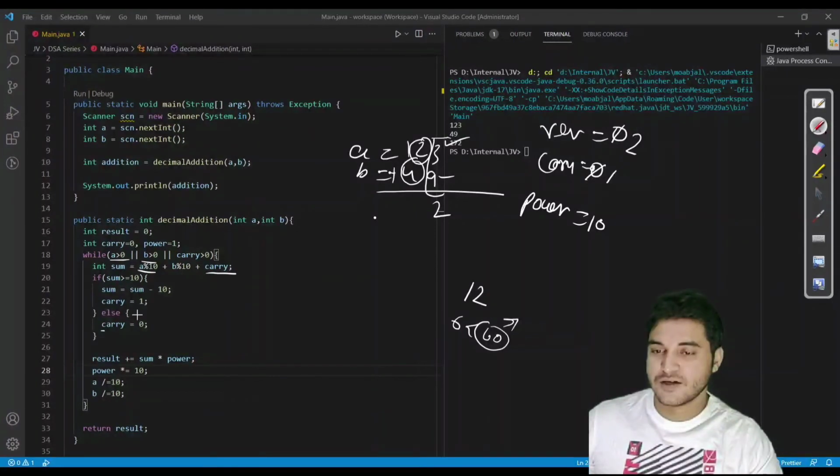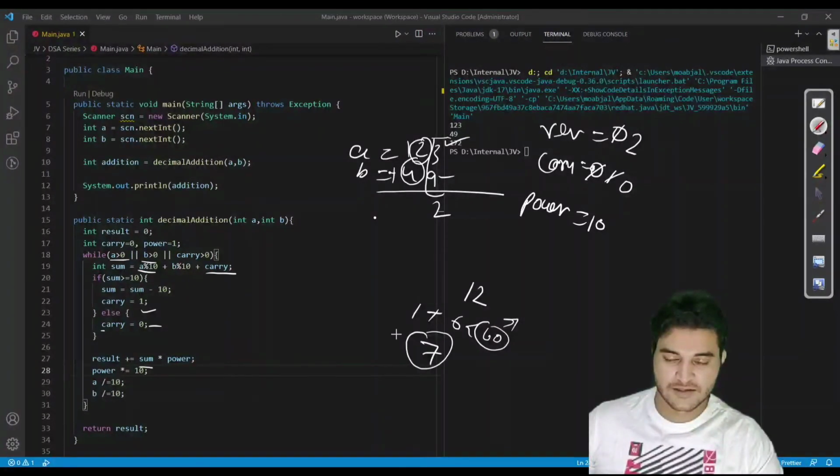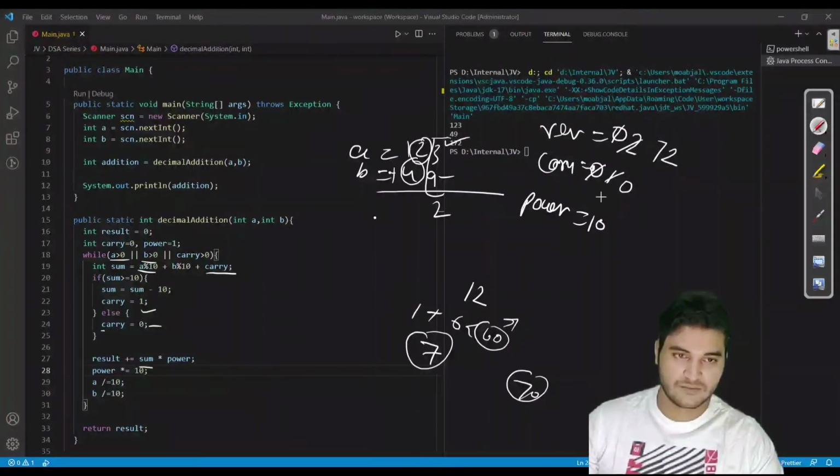So we would enter this condition, we would update the carry as 0, and the sum of these two is 6 plus 1, which is carry, so we would get 7. So 7 into 10, because the power is 10 now, is 70. 70 plus the previous result, which is 2, is now 72.